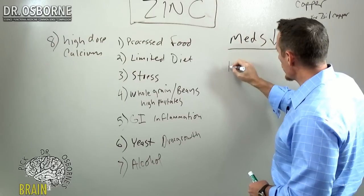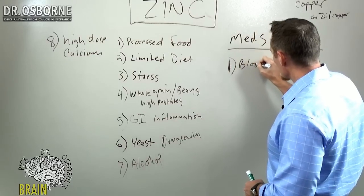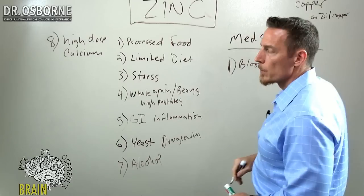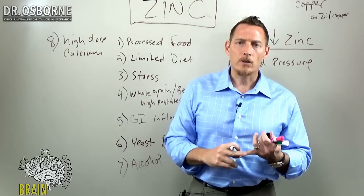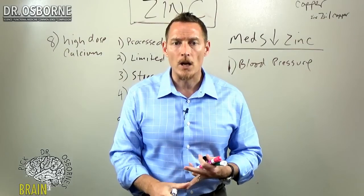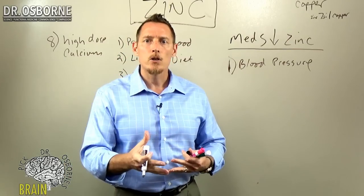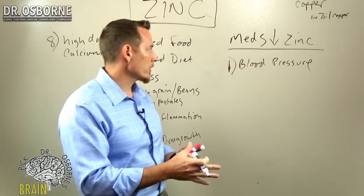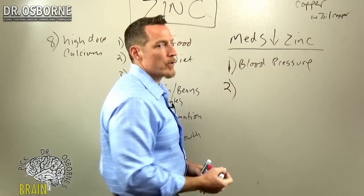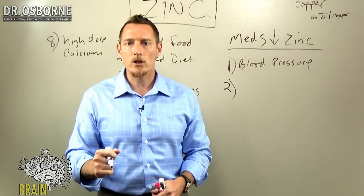So one of the big ones, rather, are blood pressure meds. If you're taking medicine to lower your blood pressure, if you're taking diuretics, for example, or ACE inhibitors, or angiotensin receptor blockers, ARBs, those three classes of medications have been shown in study after study to interfere with zinc absorption and zinc function. So if you're on blood pressure medications, monitor your zinc levels, because when you start inhibiting your zinc, the problem with people on blood pressure medications is,